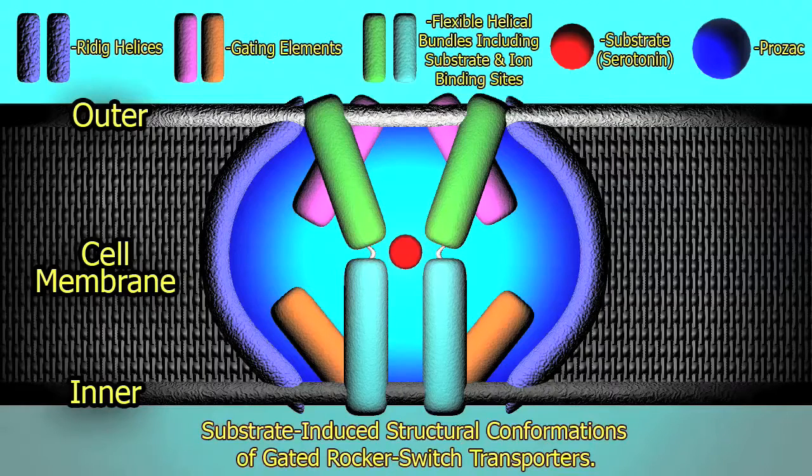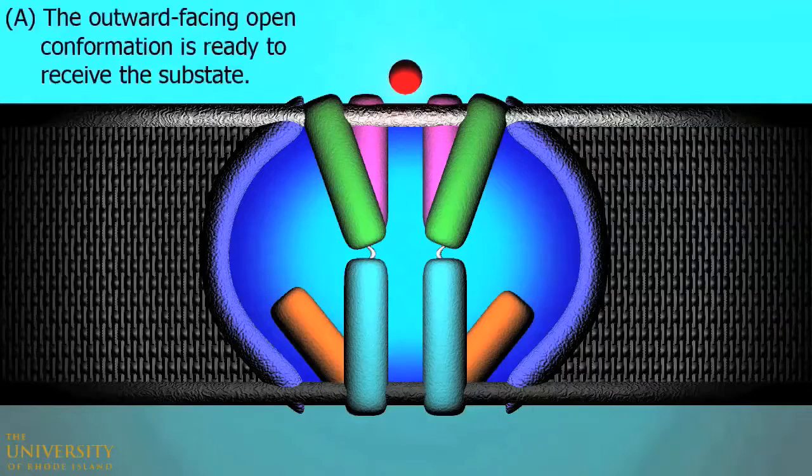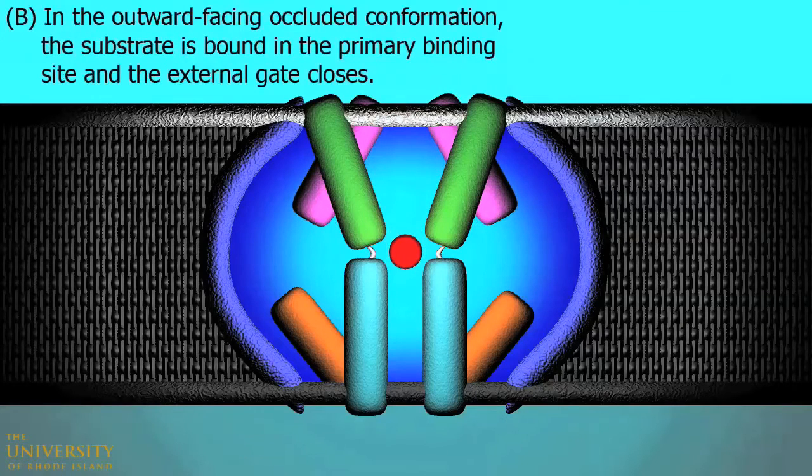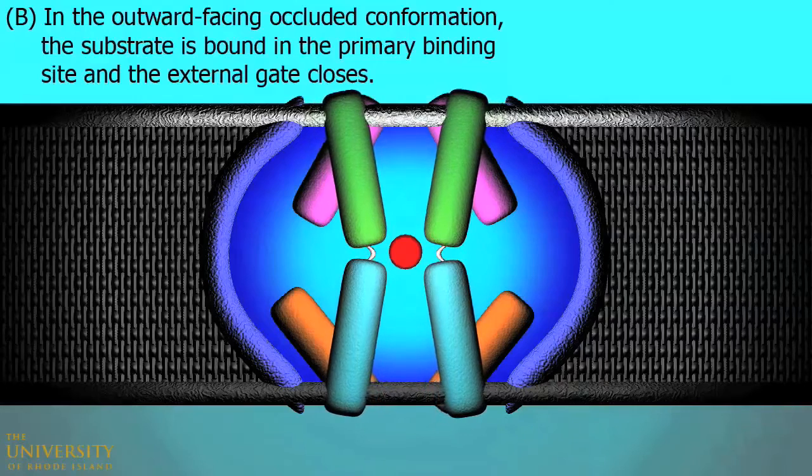As you can see, this transport protein's reuptake mechanism is a substrate-induced structural conformation of gated rocker switches. In stage A, the outward-facing open conformation is ready to receive the substrate. In stage B, or the outward-facing occluded conformation, the substrate is bound to the primary binding site and the external